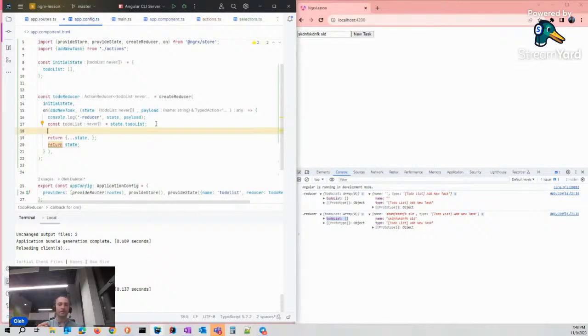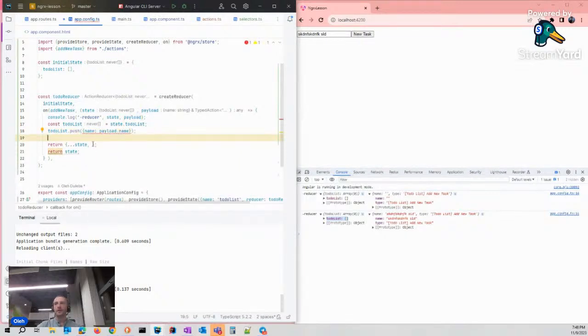If we just add it using the push method without copying this list, let's save it into the format name and payload name and return the list.